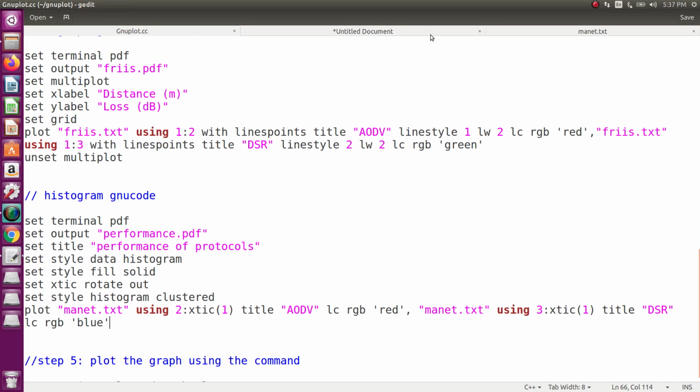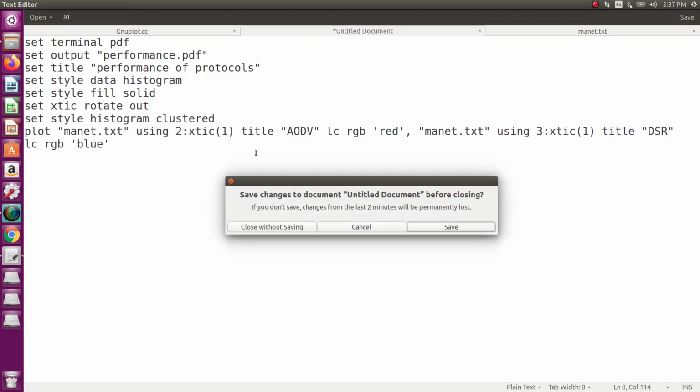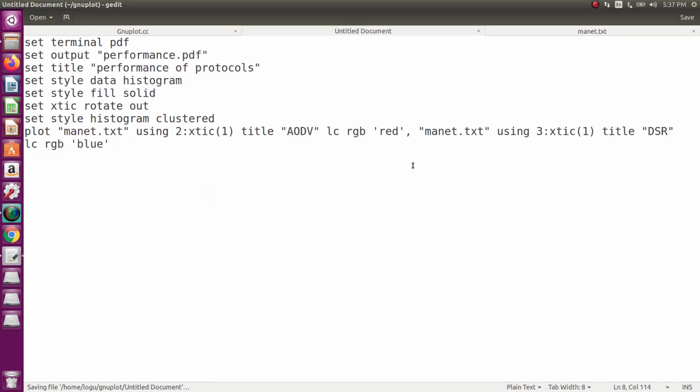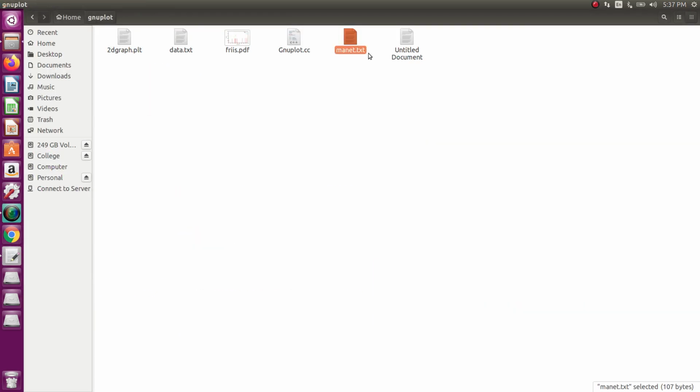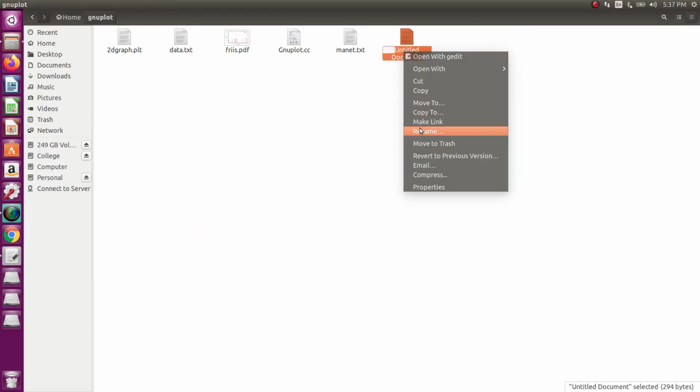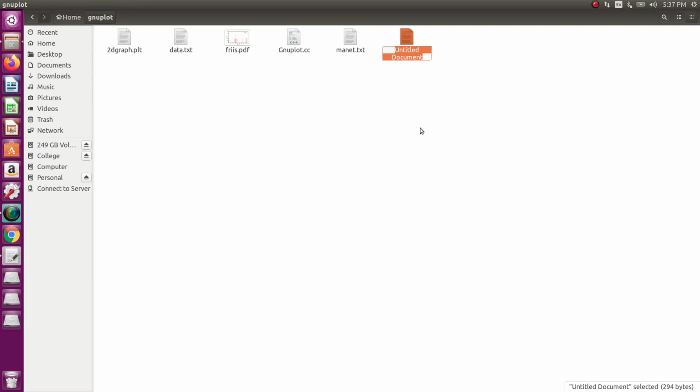Okay, so I want to save that file. You have to rename it histogram.plt. Now open the terminal.